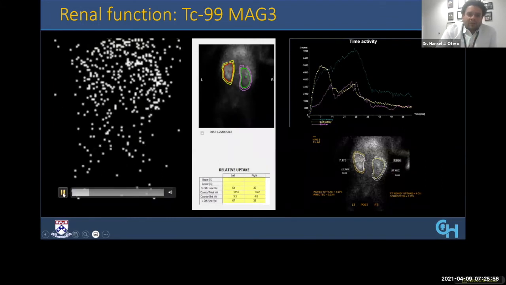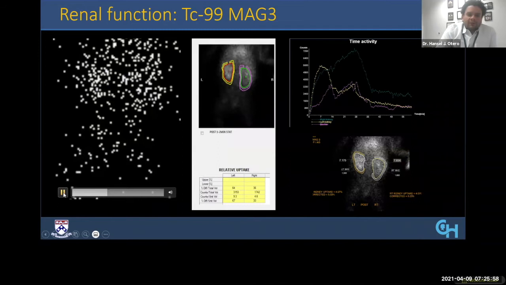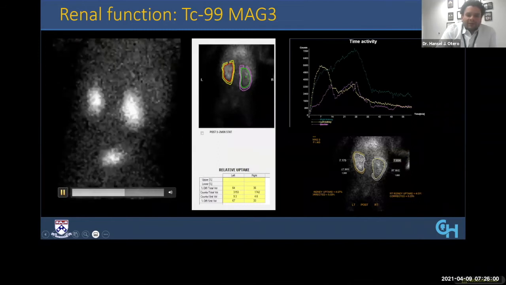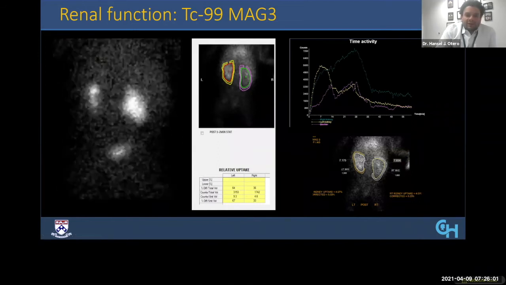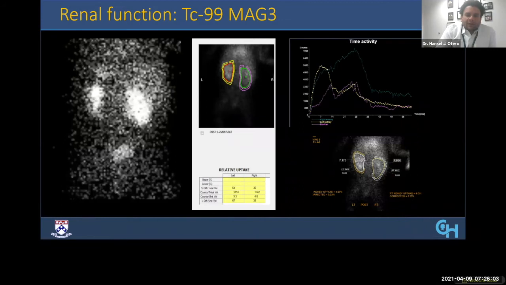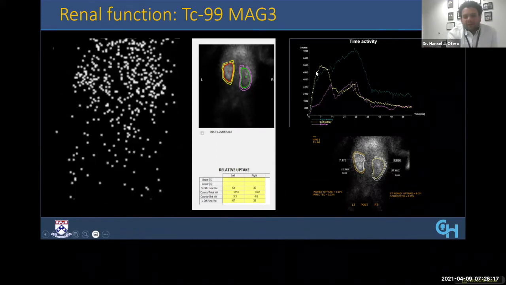Nukes, we calculate the function with the first 2 minutes after the injection. And then we see the drainage after 20 minutes. Some institutions use 15 minutes, some institutions use 20 minutes. But if there is persistent activity, then we give Lasix. And we generate this curve